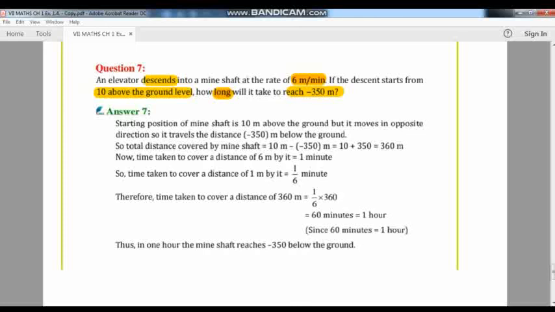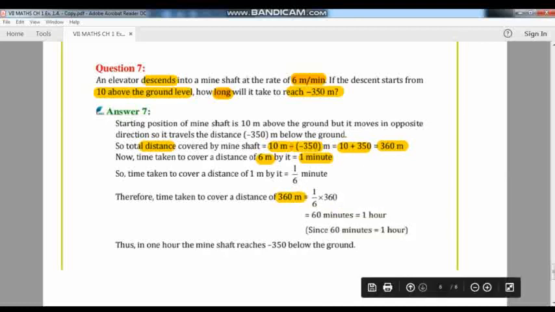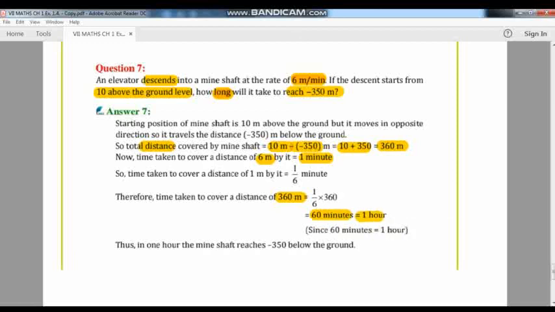Now first of all we will take out the total distance. It is 10 meters above minus 350, that is 10 meters plus 350, it means in total it has to travel 360 meters. Now its speed is 6 meters per minute. Now how much time will it take to come down 360 meters? So when we calculate it, we will get 60 minutes. So 60 minutes means 1 hour. So it will take 1 hour to